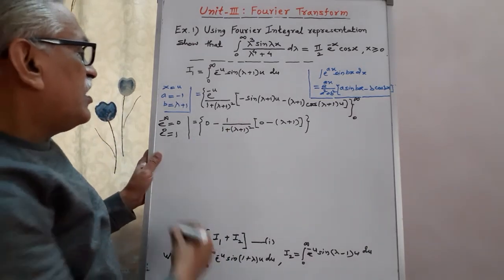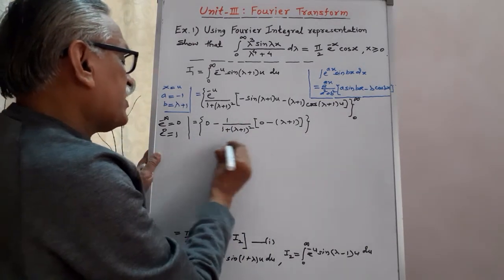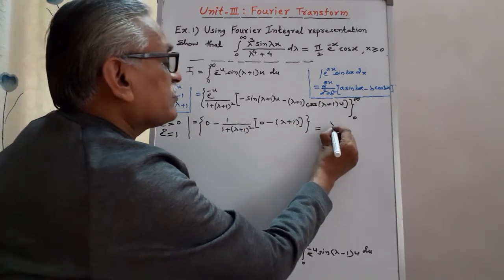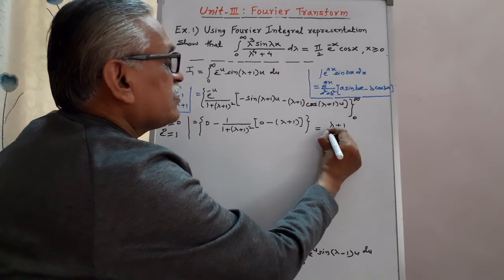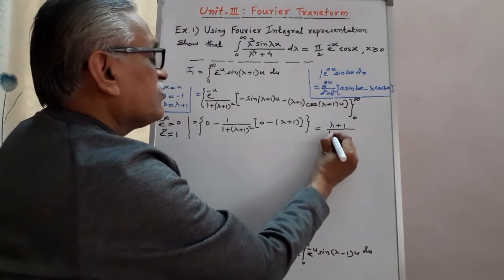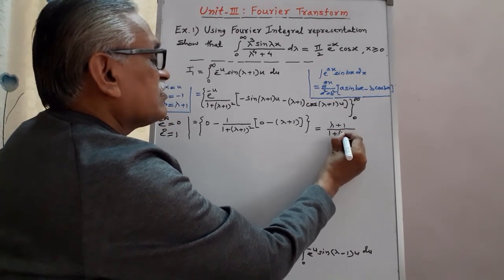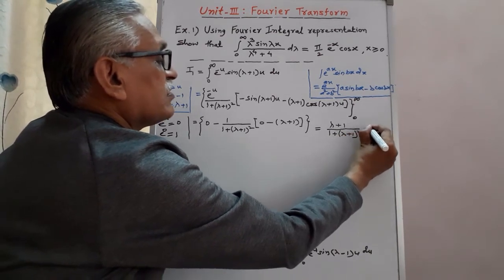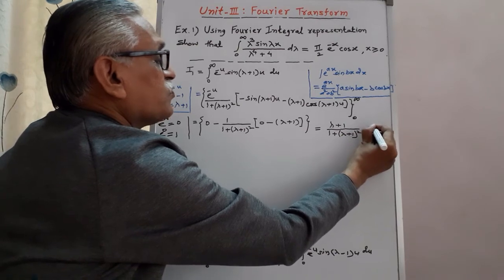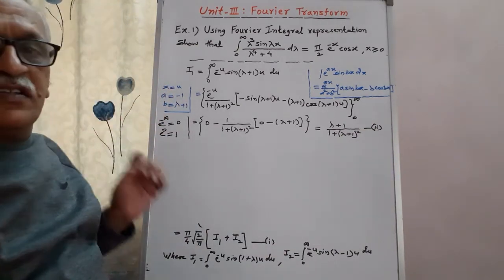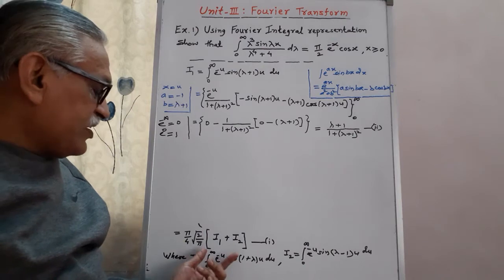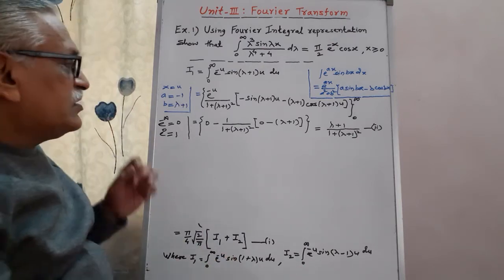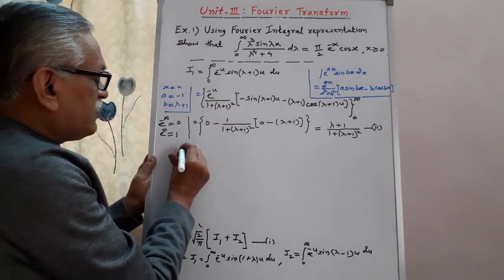And therefore we get the value of I1 as minus minus, it becomes plus lambda plus 1 divided by 1 plus lambda plus 1 whole square. We call this equation number 2. This is the value of I1, the first integral. Similarly, we try to find out I2, and therefore we find I2 as